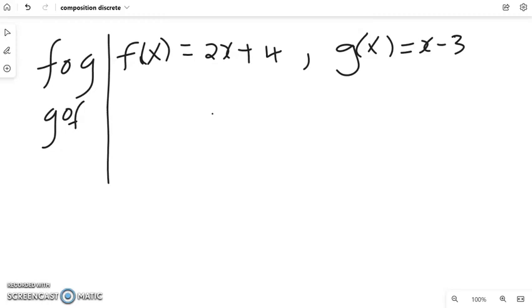In our case, the f of g was equal to 2x plus 1. If you did not cover this, kindly go back to the previous video. And g of f was equal to 2x minus 2. This will come in handy